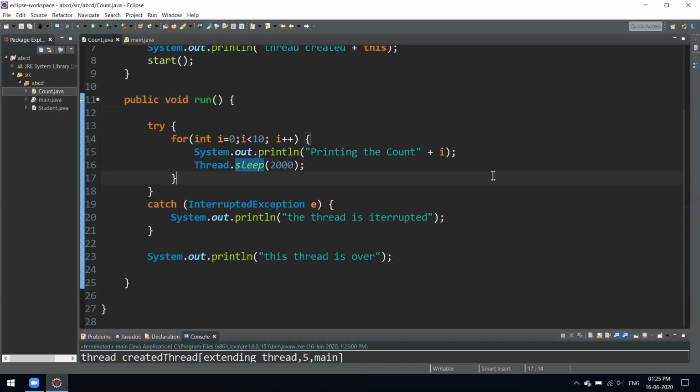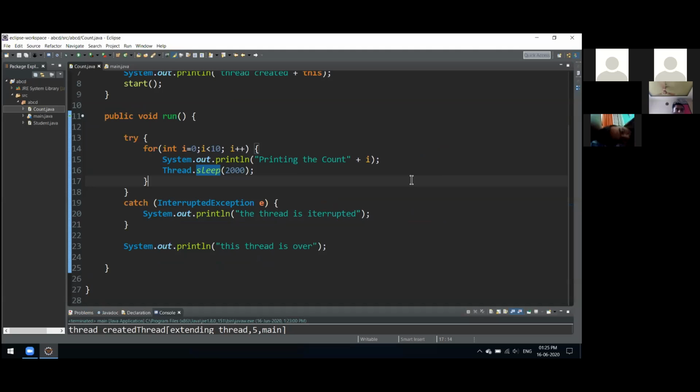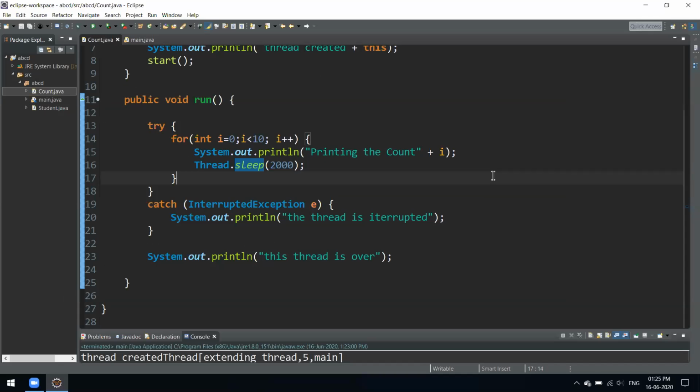Okay, and one more thing we have is something called thread priority. If you have multiple threads and you want this thread to have more priority, at that time you can give it priorities also. Blocking threads also you can do. There are lots of them. This is a very complex topic.